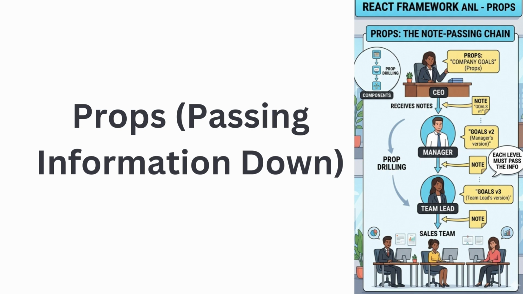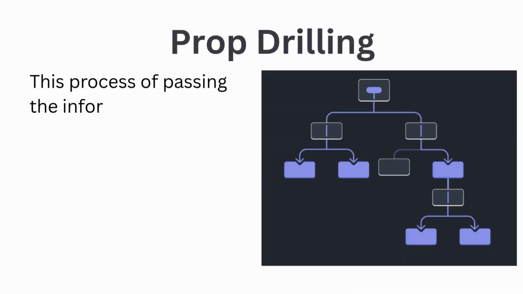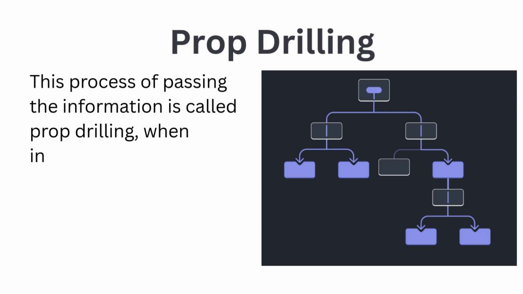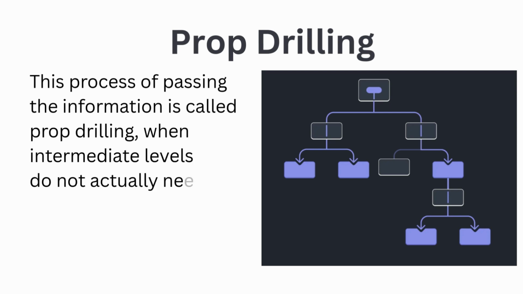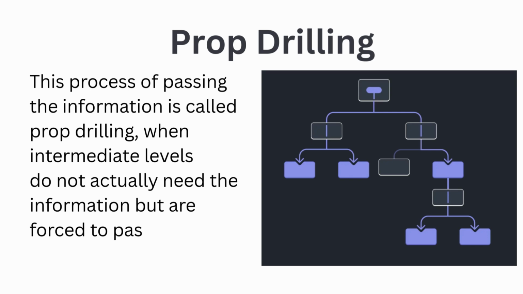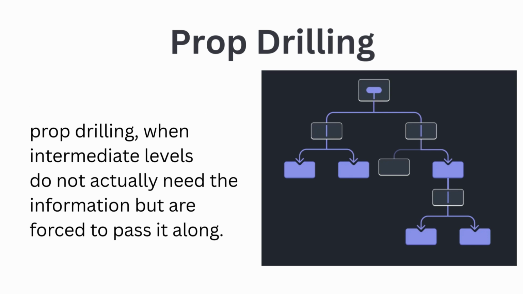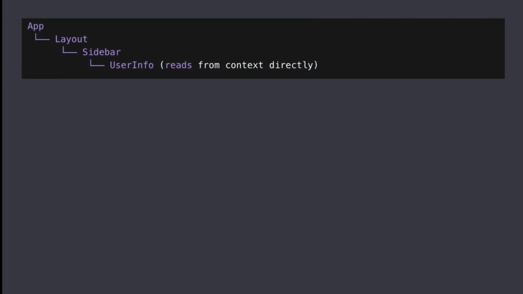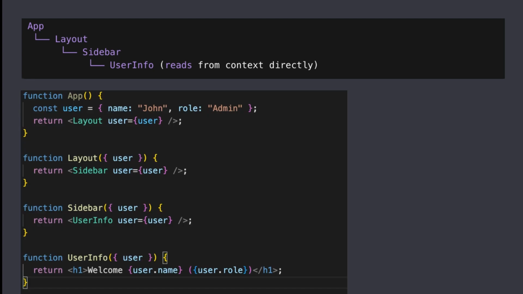The information that needs to be passed on is equivalent to props in React. This process of passing information is called prop drilling, when intermediate levels do not actually need the information but are forced to pass it along. For example, in React, in most applications, components are nested in the following way, as shown in the diagram. Here the layout and the sidebar do not actually need user data, but they're passing it down to the user info